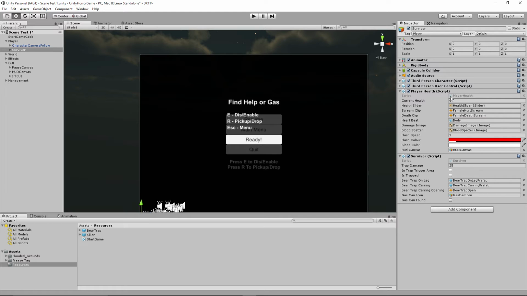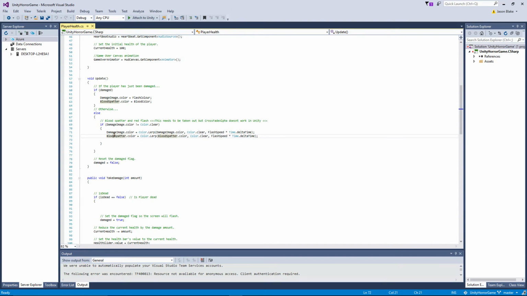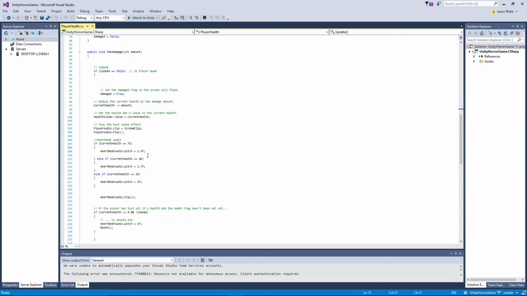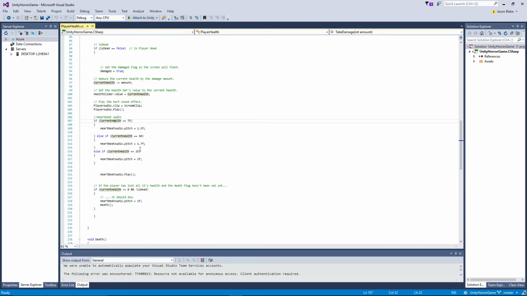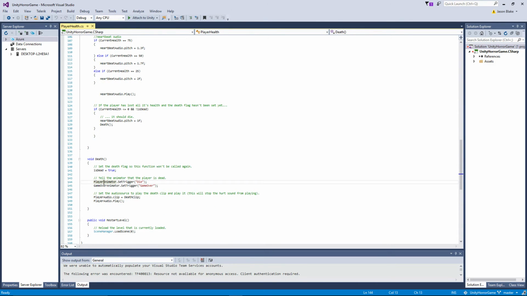And that code is very simple. One thing is I have to lerp through to fade the image, which seemed like a pain in the butt. But other than that, the heartbeat is an audio trigger there. The heartbeat audio file is just one, and the pitch will just change depending on how damaged she is, her current health. At 75, 50, 25, the heartbeat just beats faster and faster, and then when she's dead, it calls the dead animation trigger to die, and then the trigger for the animation of the text to come out